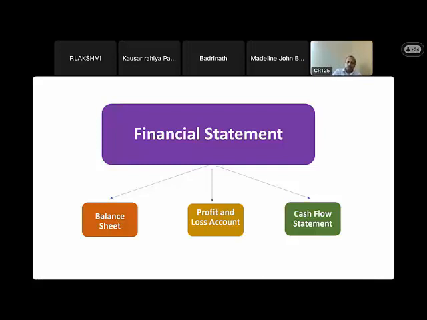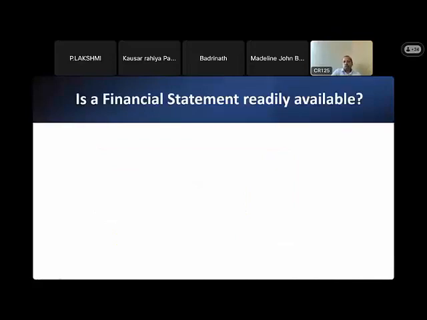Okay. Fine. So now the question is: is a financial statement readily available? Guys, you can unmute and speak. Is the financial statement readily available in the business, so that the accountant will go, take a print, and submit it to the management? He'll tell them, hey guys, take this financial statement and do whatever you want. Is it so? Does it happen like that?